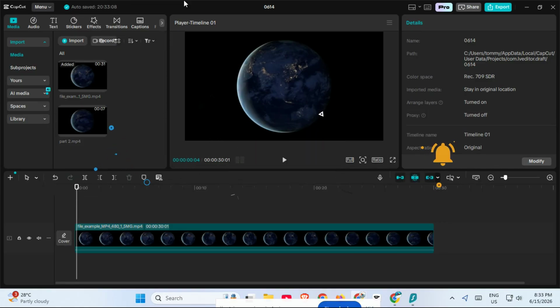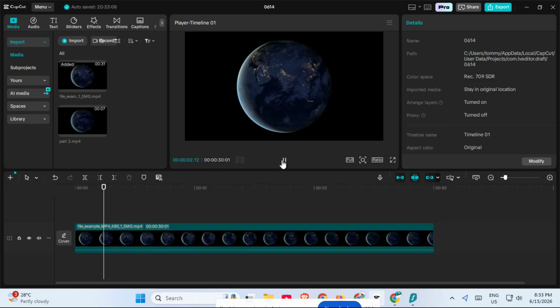Alright, let's jump in. First, open your project in CapCut and go to the timeline. Play your video and watch it carefully until you find the exact moment you want to freeze. You can also drag the playback cursor manually to land on the precise frame you want. This is the most important part, because the freeze effect will use the frame your cursor is sitting on. Once you've found the frame, stop right there and make sure it's exactly the image you want to hold on